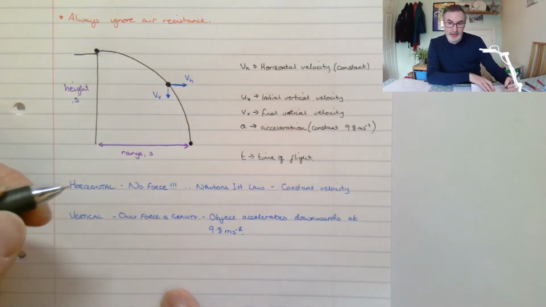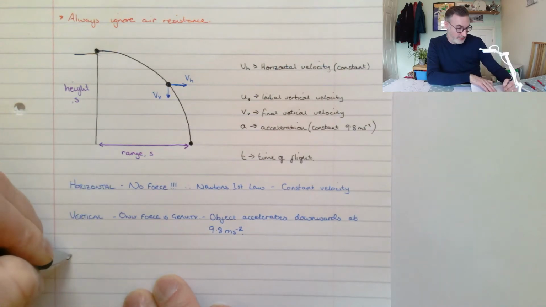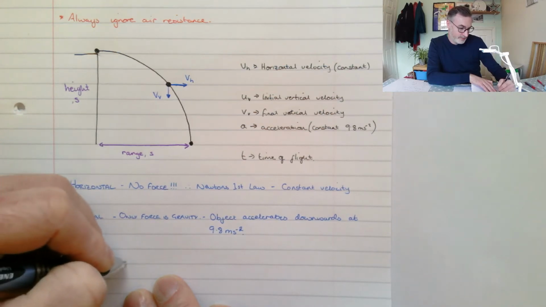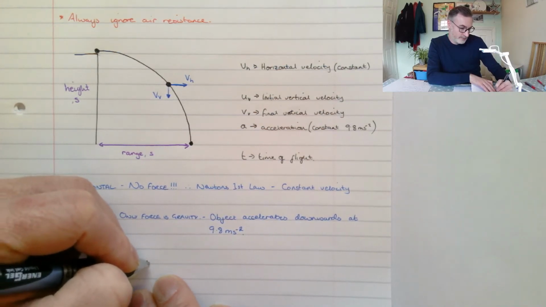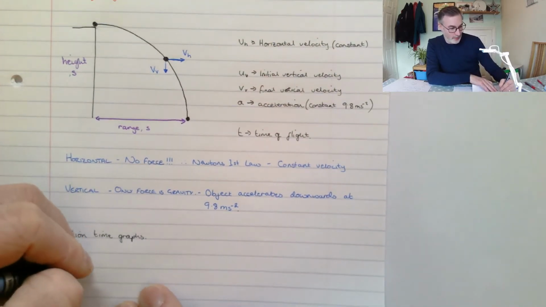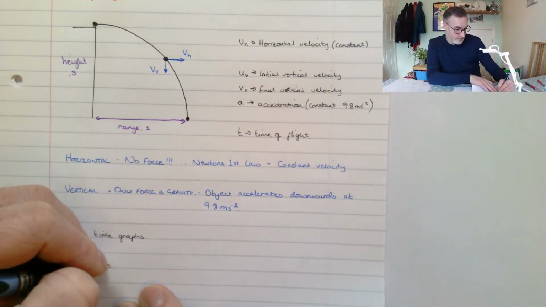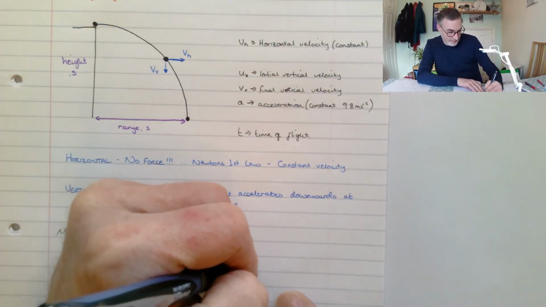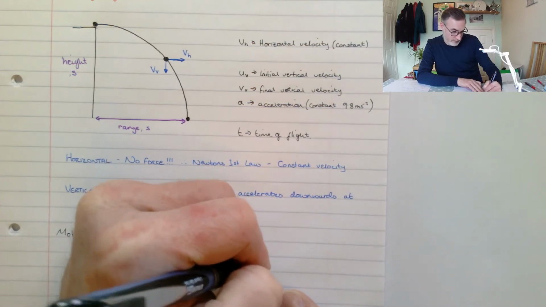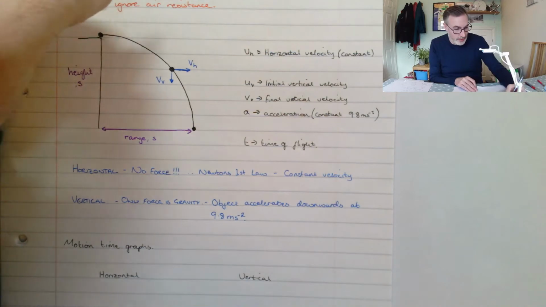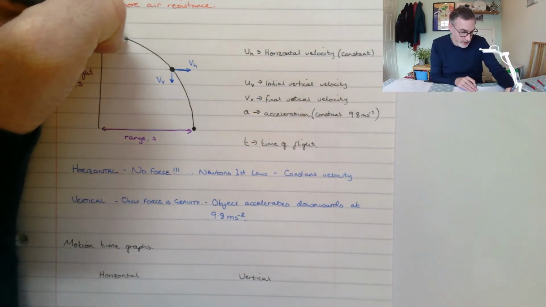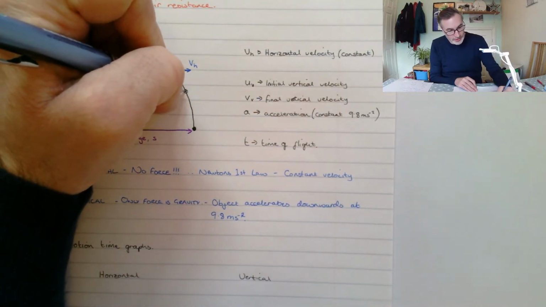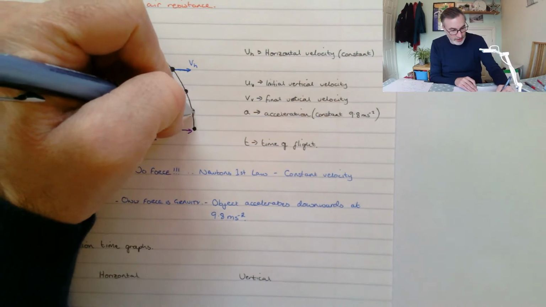So if I say here, we'll have motion time graphs, and then we can say horizontal, and then over here we'll say vertical. And if we look at the motion at a number of different points,